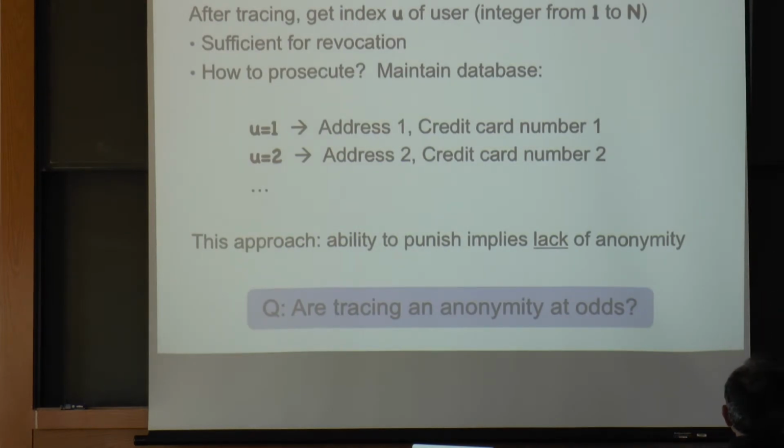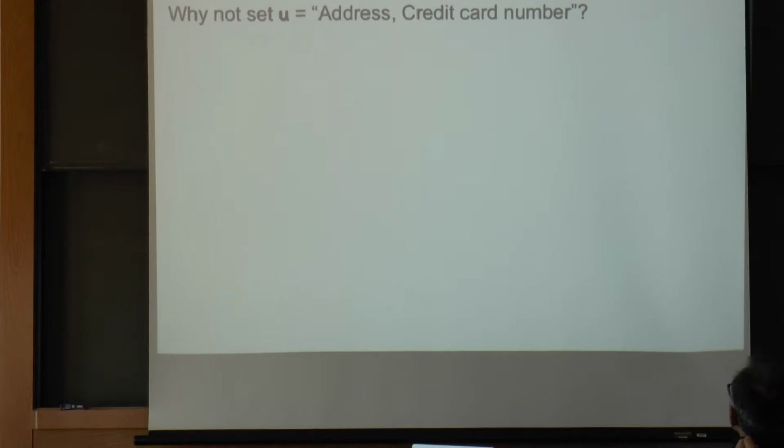Okay. And so having this database around is sort of an anonymity violation, because whoever is going to actually trace and prosecute must know the identities of all users, even the honest ones. So in the new scheme, you will have this information, generate the secret key, and then dump it. We could presumably just not even keep this database around, and the only person who knows the identity of the users is the user themselves, unless they're a traitor, and then they get traced.